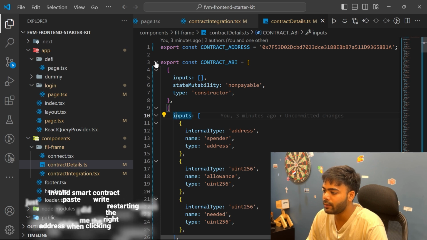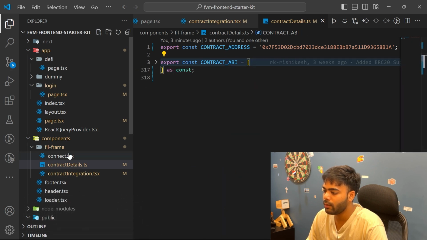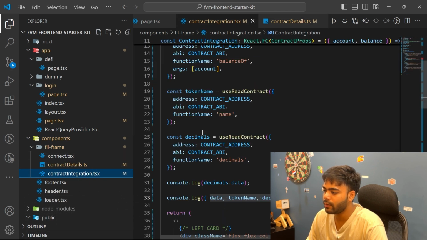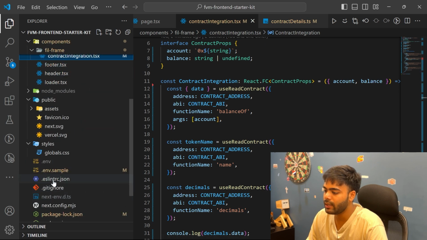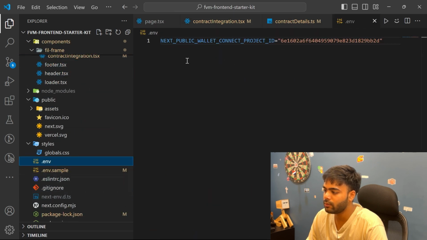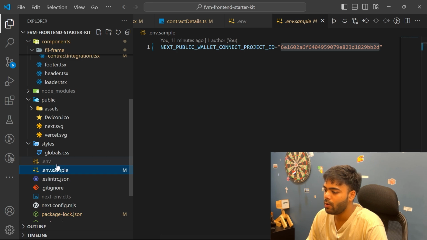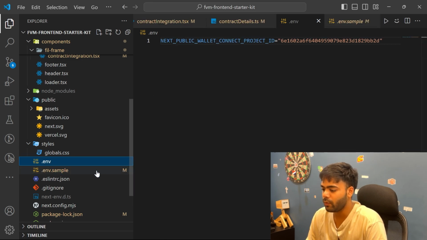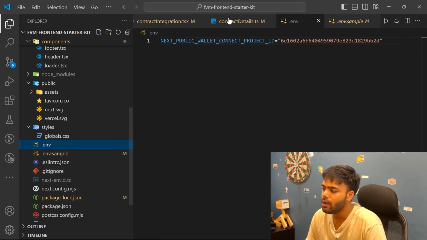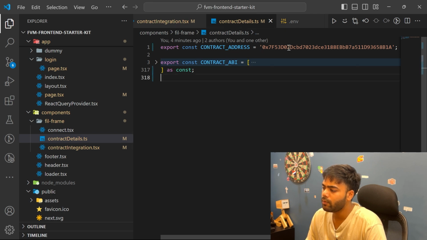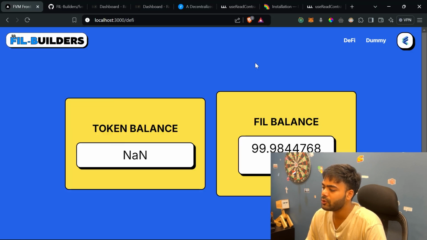We have added the contract ABI. We have the .env file, which is okay. Anything should be working, and this is our app. There must be some issue with the